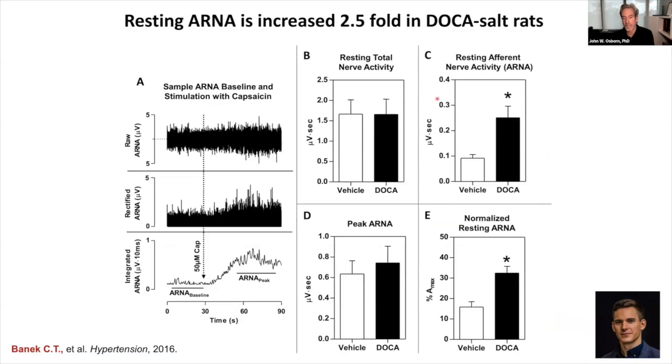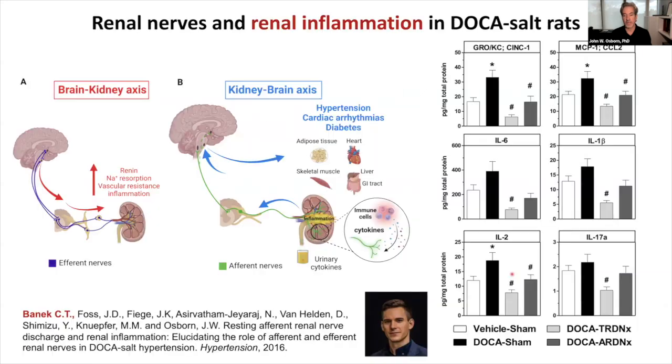And basically what I want to point out here, you can quantify activity based on a voltage, an integrated voltage, or you can base it on a peak response to a stimulus, in this case, capsaicin, to elevate nerve activity. C and D are the take-home message of this. Here is afferent nerve activity in a normotensive rat. Here is afferent nerve activity in a DOCA hypertensive animal. So either way that you quantify it, you see this increase, and it's about 2.5 times higher than normal. So ablating the nerves decreases pressure. Measuring the activity of afferent nerves, it's elevated in this model.